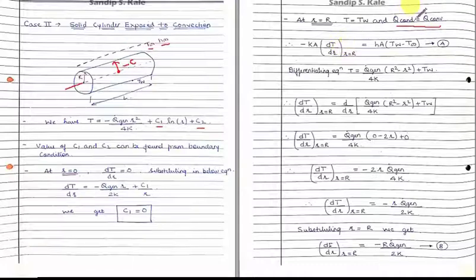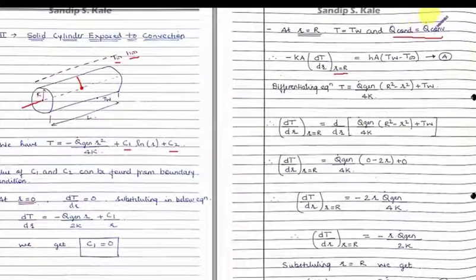All of you know the formula for conduction, Fourier's law: Q is equal to minus kA dT/dr at r equal to capital R. We are focusing on the surface now, not at the center. We are focusing on this surface. That's why we evaluate at r equal to capital R. And the formula for Q convection is nothing but Newton's law of cooling: Q is equal to hA delta T. So delta T will be what? The temperature at the wall minus the surrounding temperature, that is maintained at T infinity.